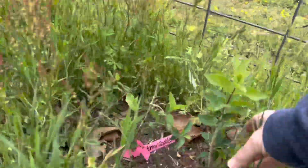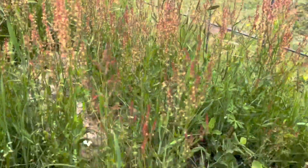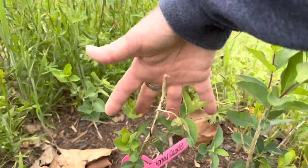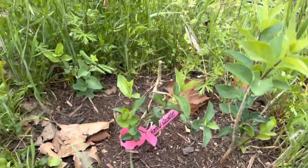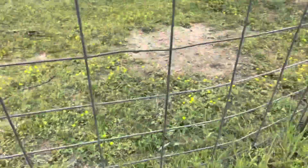But look at this. Look at all of this new growth on the honeysuckle. Let me move that back. We've got one right here too. And then this large one. Actually, we've got 3 up here. So those are looking good. I was afraid that these over here were not going to do as well as the other side, but it looks like they're really taking off also. So that's good. And then this one,